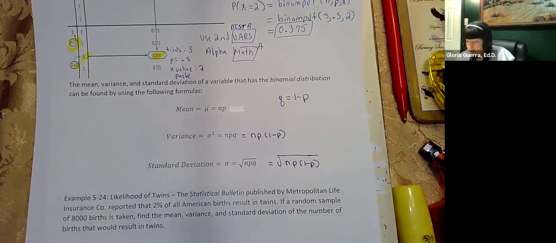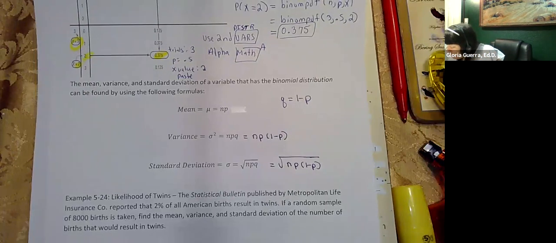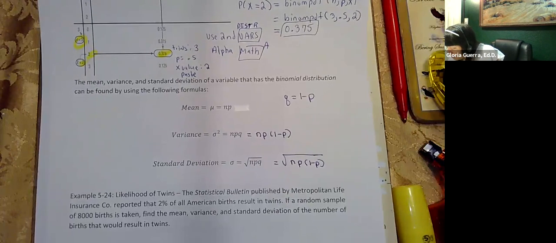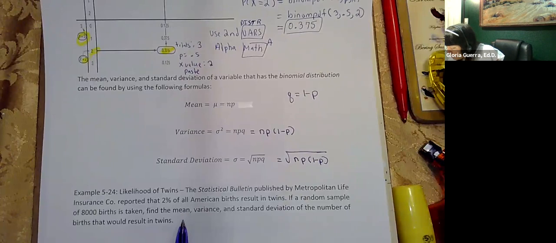Okay, so let's see what the problem, let's see what that looks like. Let me see. Okay, so likelihood of twins. Okay, so the statistical bulletin published by Metropolitan Life Insurance Company reported that 2% of all American births result in